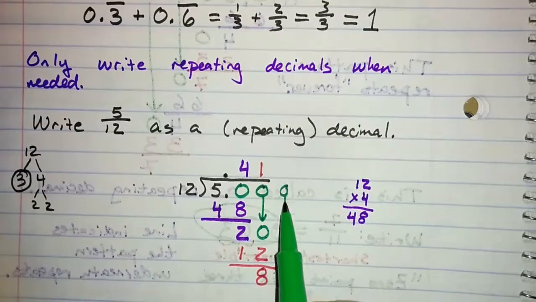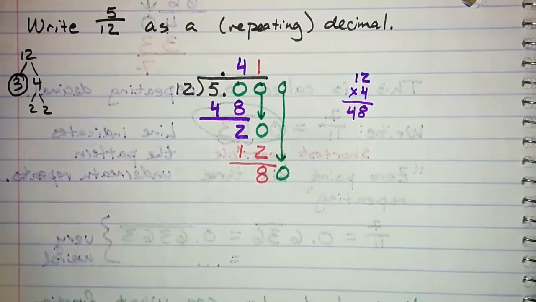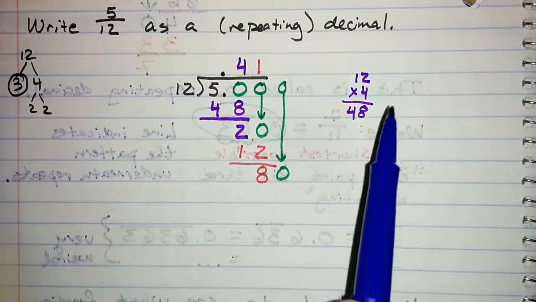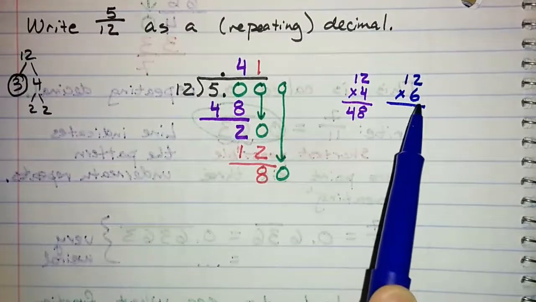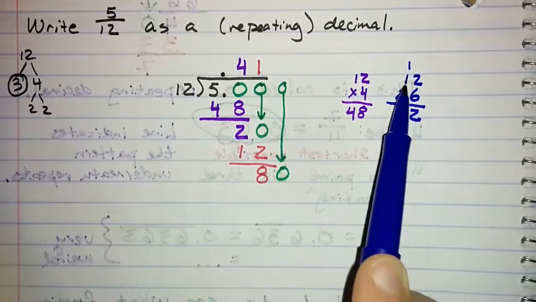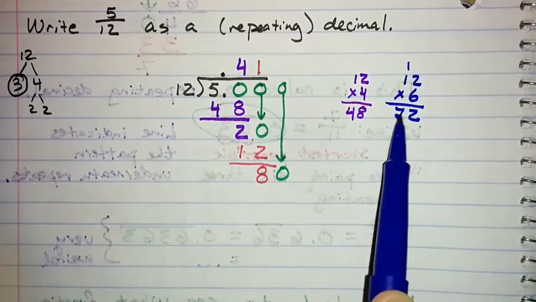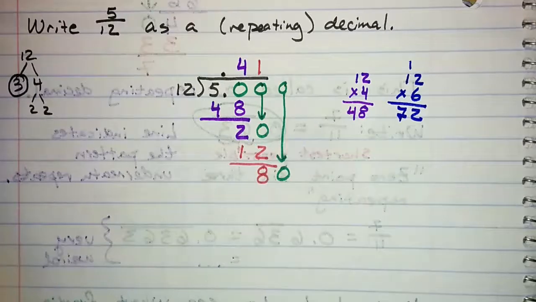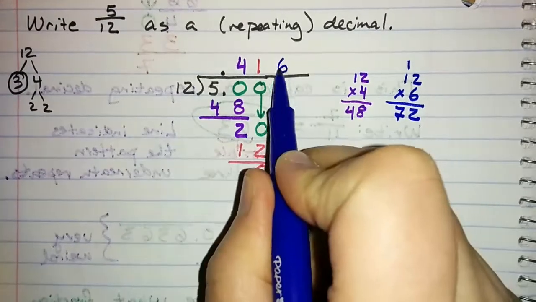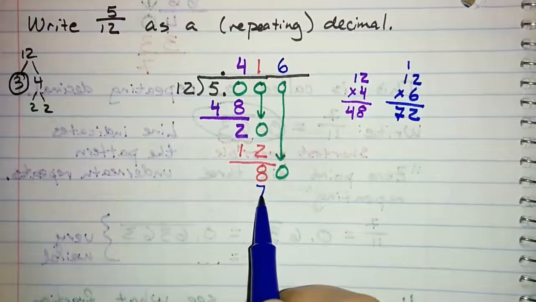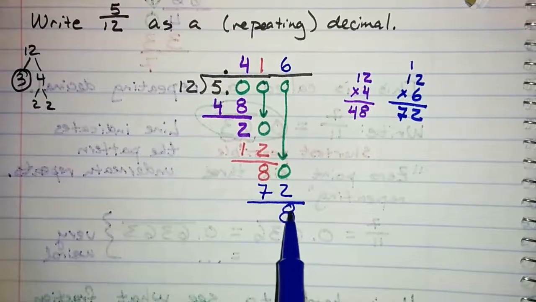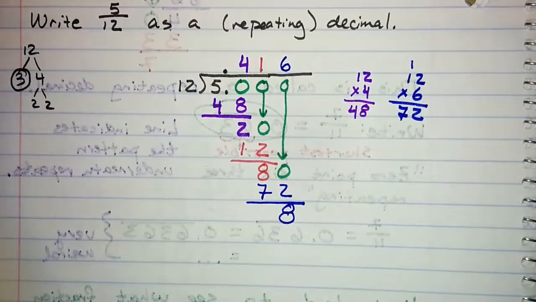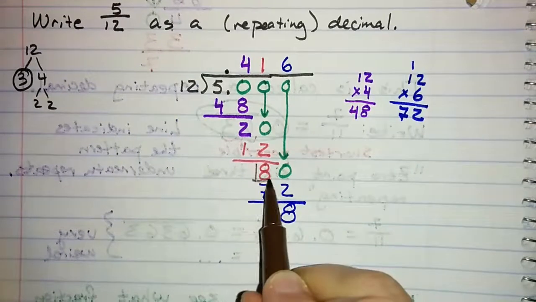Bring in another 0. 12 goes into 80, I think 6 times. 12 times 6. 6 times 2 is 12. 6 times 1 is 6, plus 1 is 7. Yes, that's going to go in 6 times. 6 times 12 is 72. The remainder is an 8. There we go. I see it. This remainder 8